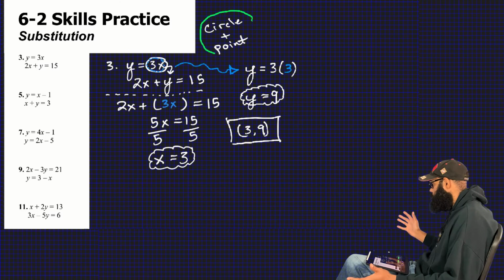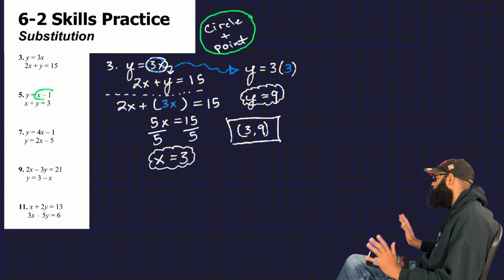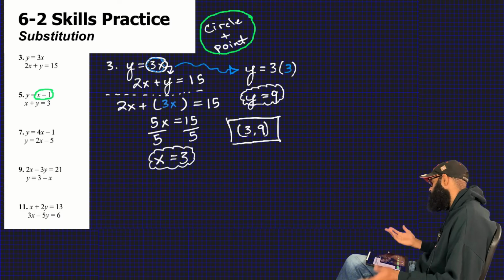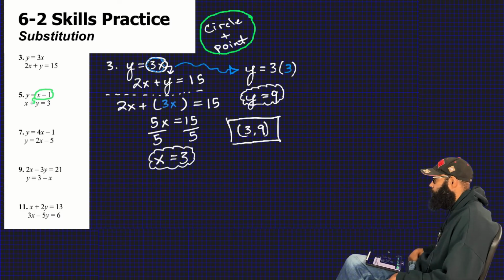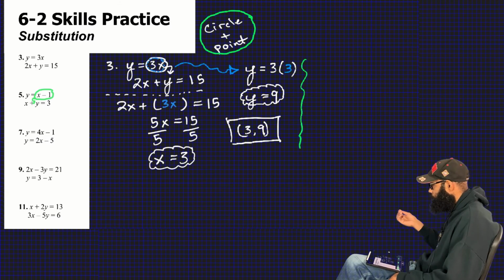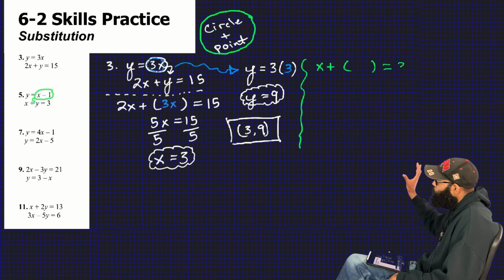And again, what else we got? Well, we got the point of circle and point, circle and point, circle and point. You're gonna hear me say that. Circle, point. So I pointed to the y because it says y equals. So now when I rewrite, I'm going to rewrite the equation that I just pointed to. I pointed to x plus y equals 3, but I pointed to the y, so the y hits the parentheses, and whatever I circle,